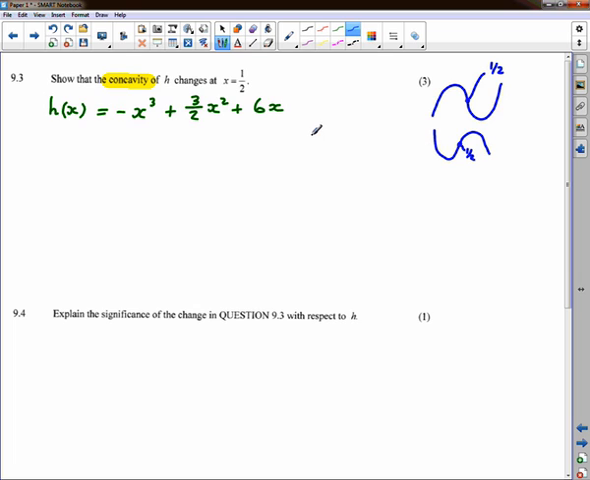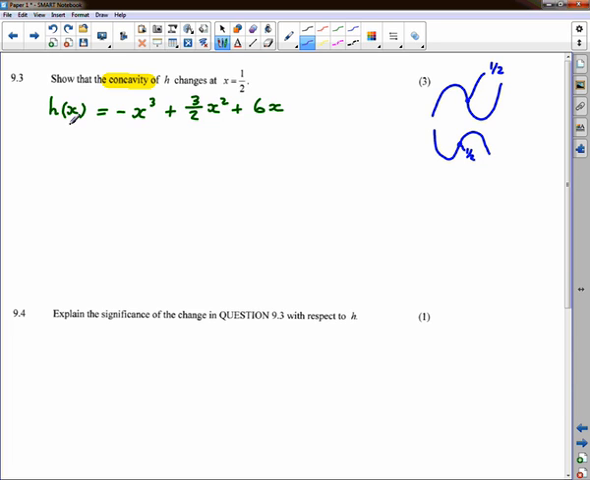Now notice what I said. That happens at the point of inflection. So there's a couple of ways we could approach this. We could have a look at what the second derivative looks like just before a half and what the second derivative looks like just after a half, and see if there's a sign change there. If there is, the concavity would have changed. That's one way of looking at it. Another way of looking at it is to simply go and show that at a half we have a point